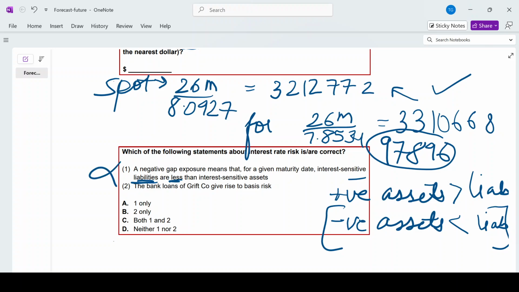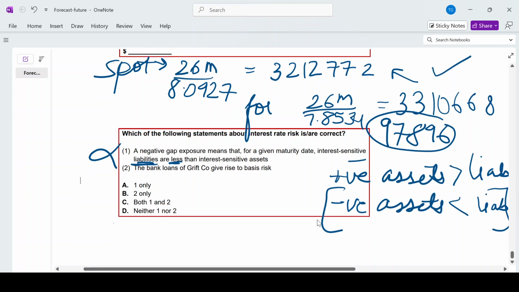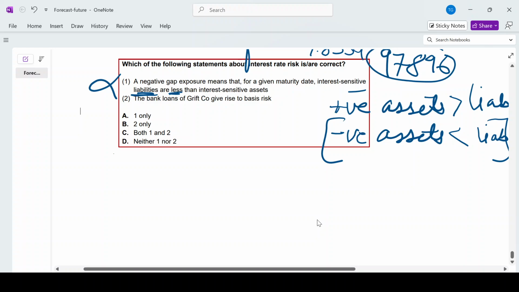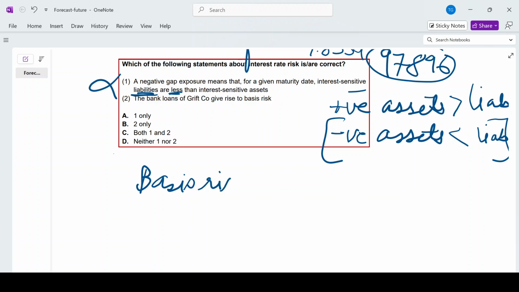The second statement says bank loans of gift company give rise to a basis risk. Now this statement is also not correct, because basis risk would be there if the different variable interest rate assets and different variable interest rate liabilities have a different basis. So we have learnt in our concepts, I hope you people have also learnt, I have taught my students the same. So whenever it comes to basis risk, the concept says